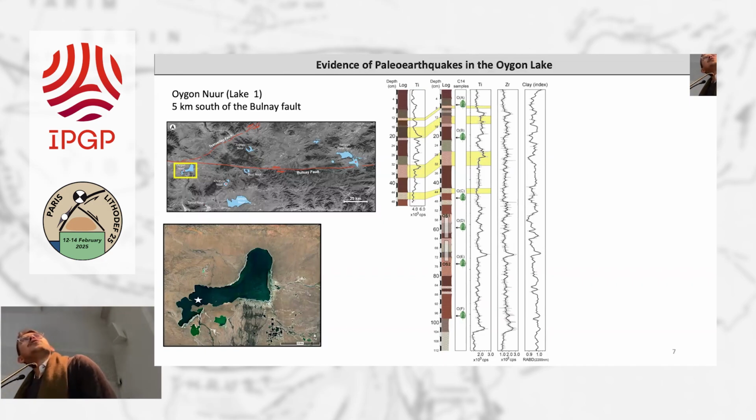So why do I show you particularly titanium, zirconium, and clay? Well, those are because these elements are quite related to heterogeneous material. And if you see carefully, at a certain depth, there is a systematic increase of these elements that can be interpreted as an additional input of heterogeneous material into the depocenter. So we target those points.